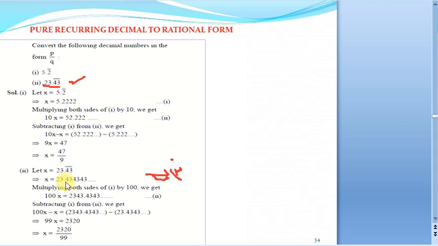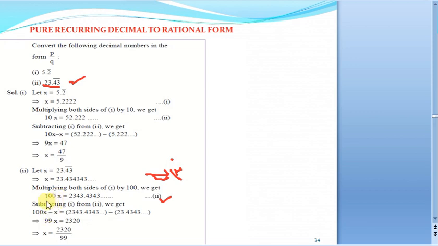Now see, when I multiply with 100, in 100 there are two zeros, so my decimal will move two places towards my right. So 1, 2, it will become 2343.434343 and so on. And let us assume this to be our equation 2. Now what we will do, as we have done in the earlier case, we will subtract equation 1 from equation 2 and we will carry out the subtraction individually on LHS as well as RHS.